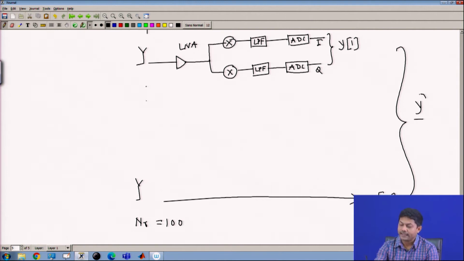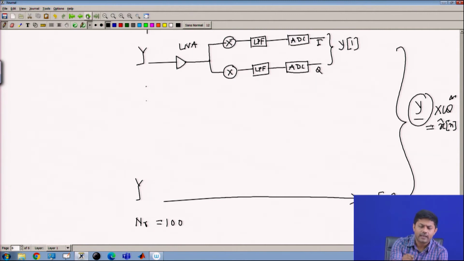So, now once I get this Y bar, I multiply this with a digital W star and I get back my Xn, that is fine. But the point here is this whole thing is happening in the digital domain, and precisely I do not want to do that in a millimeter wave context. Now, this is okay as long as you are in the normal domain. So, how do you design this W? There are many ways, as you can see.